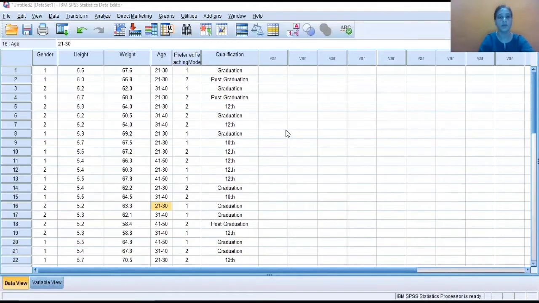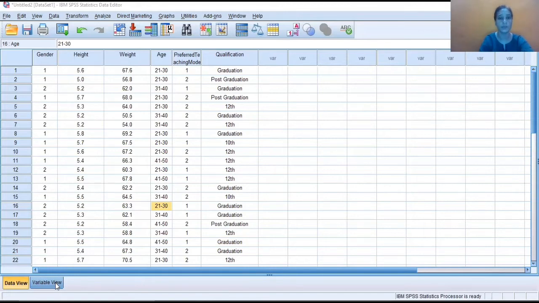Suppose I have this data set in which there are a few variables. As I have shown you in the hypothesis, we should have two variables, that is gender and second one is preferred teaching mode. You can see both the variables are coded. Firstly, we need to check what this 1 and 2 are stating. So I am going to variable view.